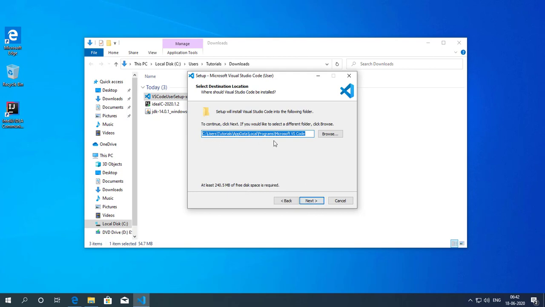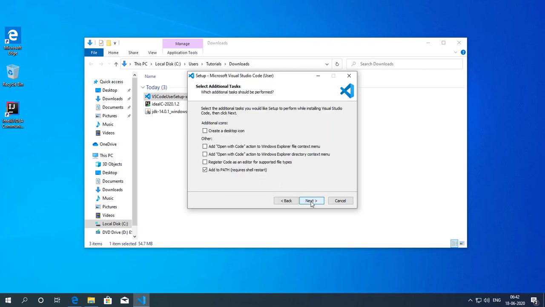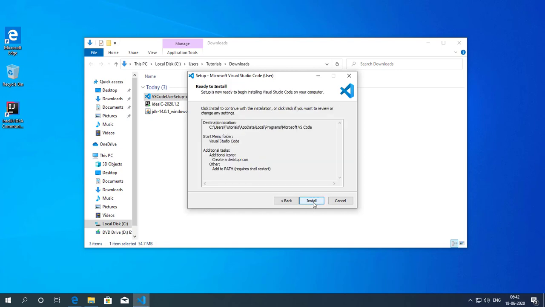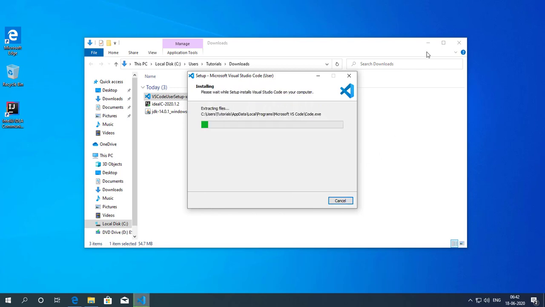This is the path where the Visual Studio Code editor will be installed. So I am selecting this path and clicking next. Click next. If you want to create a desktop icon, you can select create a desktop icon, otherwise click on next. Again click install and it starts installing.